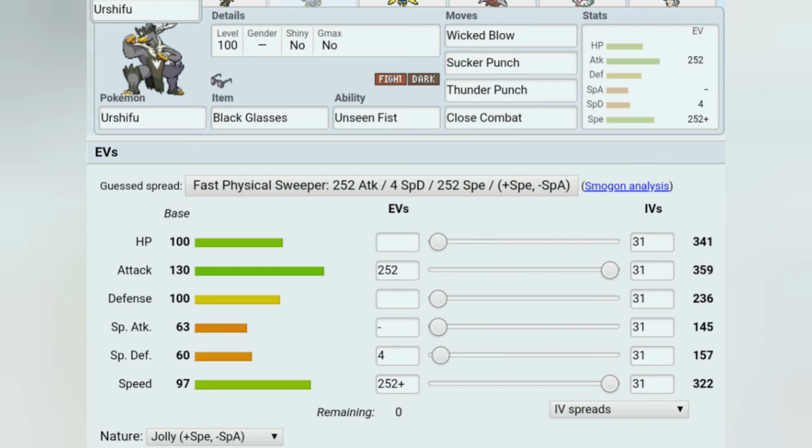Urshifu. The Isle of Armor legendary still proves its worth in OU, especially its single strike form. The rapid strike form is usually seen on rain teams, but the single strike Urshifu is usually seen on non-rain teams, obviously. So here I put the black glasses on for lulz and allows for a maximum spam of Wicked